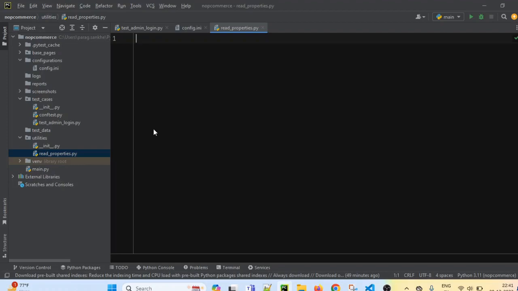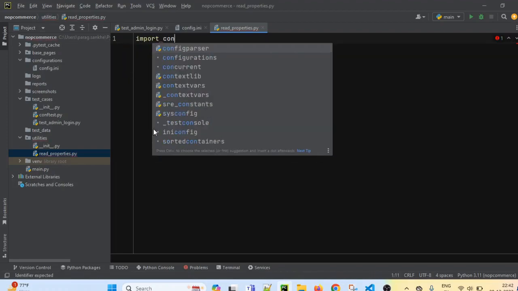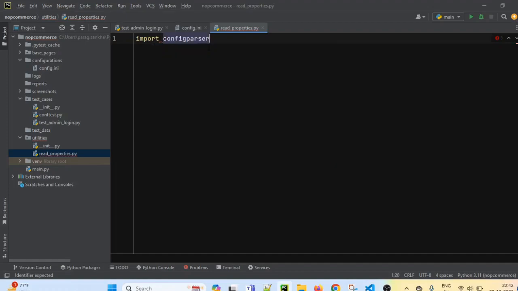Now in this file we have to write some code. First we have to import one module, that is configparser, which is already present in Python. We don't have to install any special plugin or package for this configparser. It's already present in our Python.